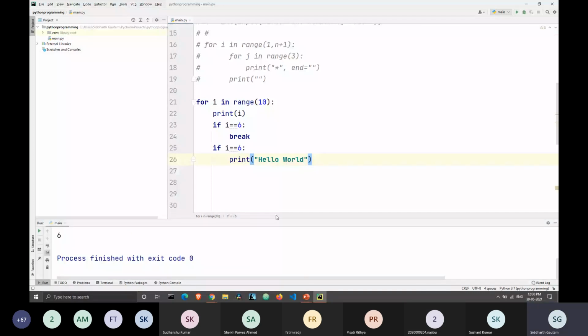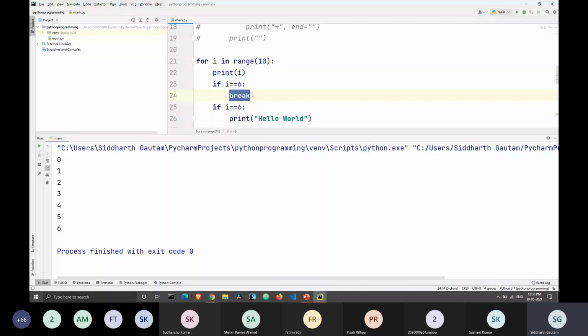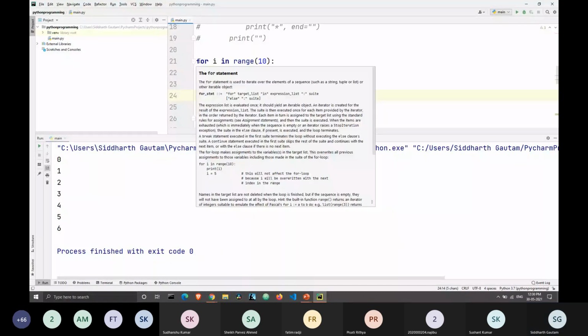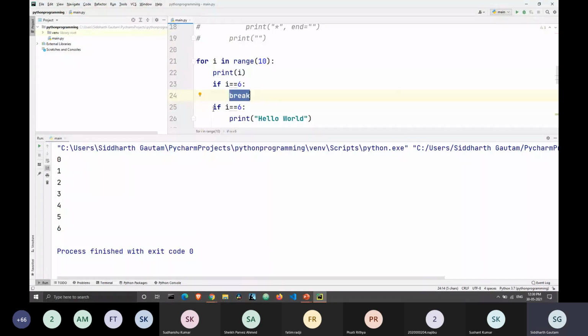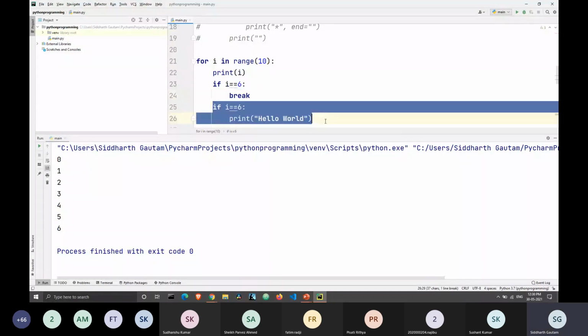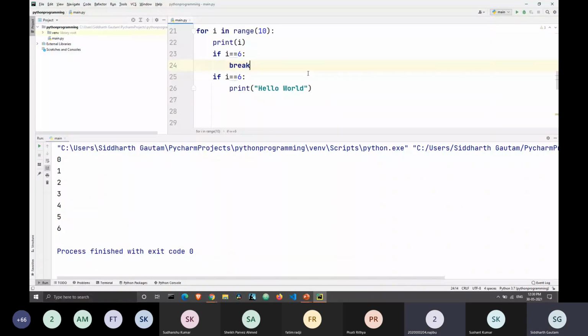As you can see, what's happening here is that when Python comes across this break statement, it just exits the loop. It will exit this for loop once and for all, and it will not execute anything further. It will not execute anything which comes after that, and neither will it execute the for loop. Neither will it increment the value of i anymore. So as soon as there's a break statement, everything that's inside that for loop gets stopped right there. Okay, I got it. Yeah, thank you.